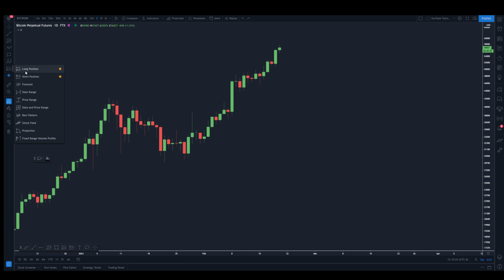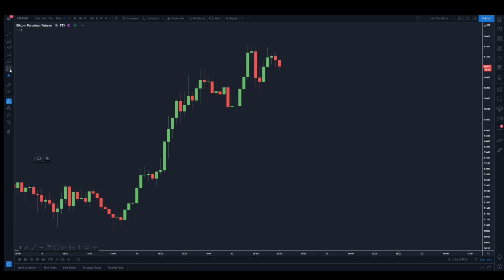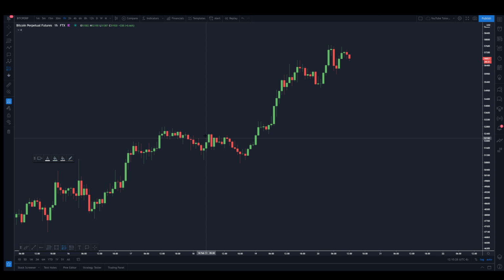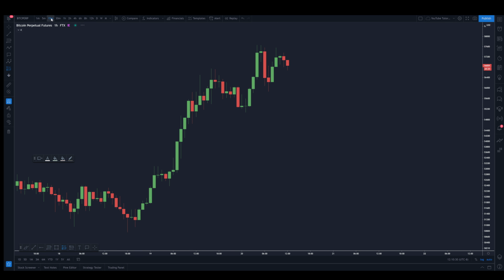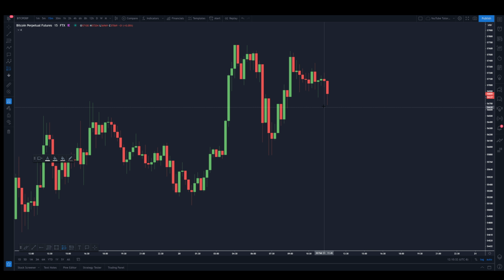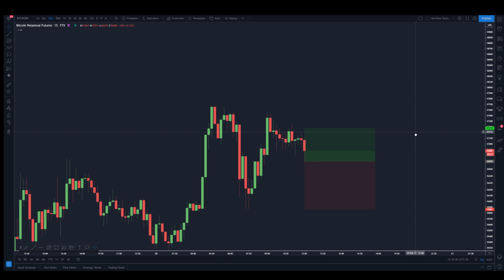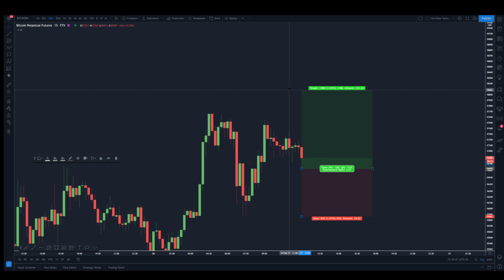This is a big one, the long position and the short position. So this is something everyone should know. When you're entering a trade, you should know where your stop loss is going to be, where your take profit is going to be, and then you can see the risk to reward of your trade. So let's say we wanted to buy this support right here. You put your stop loss at the low, or wherever you want. This is just a hypothetical trade, and let's say we're targeting